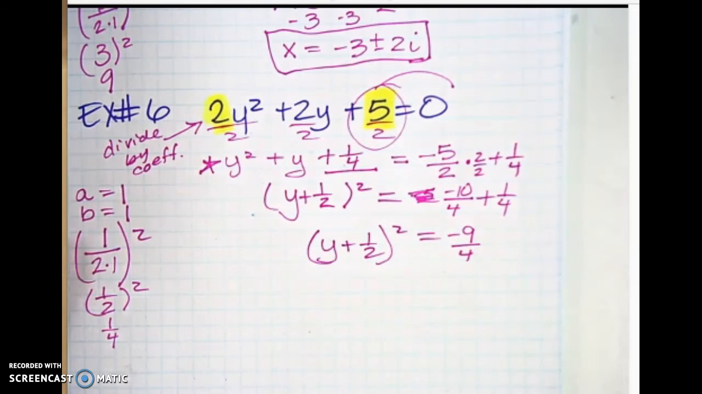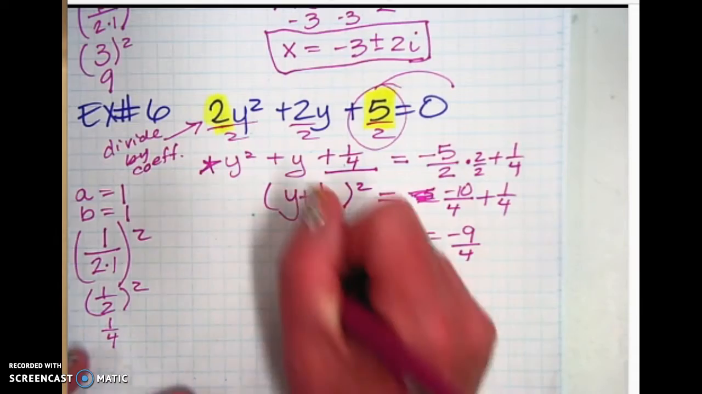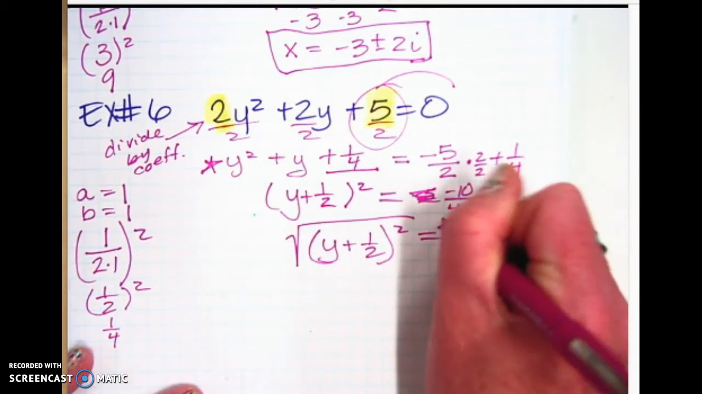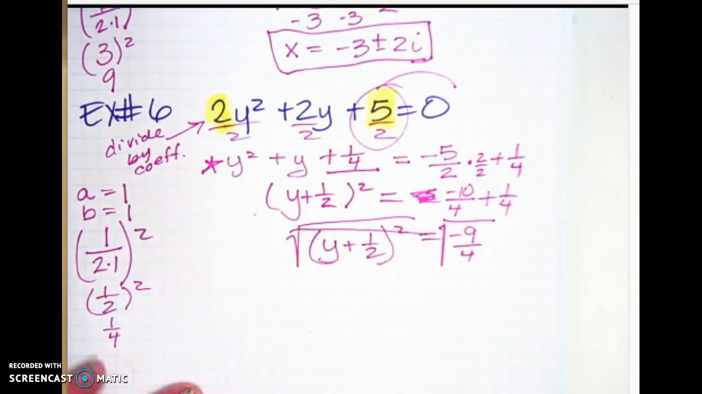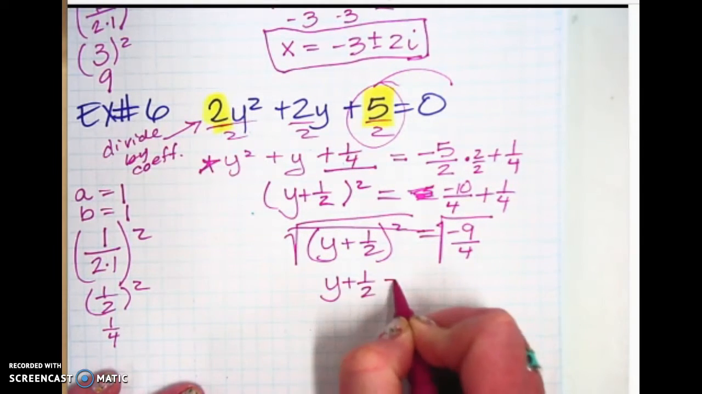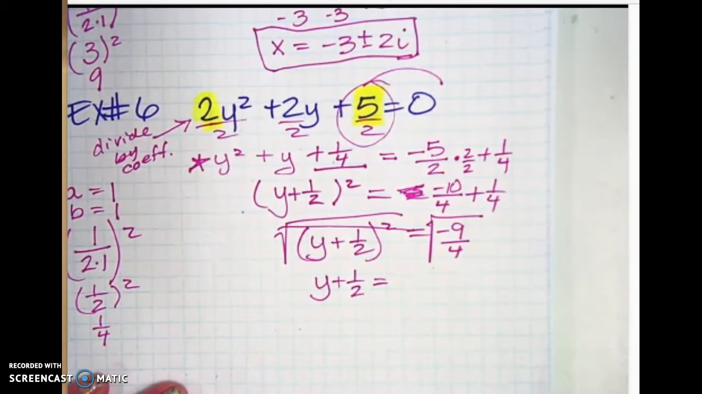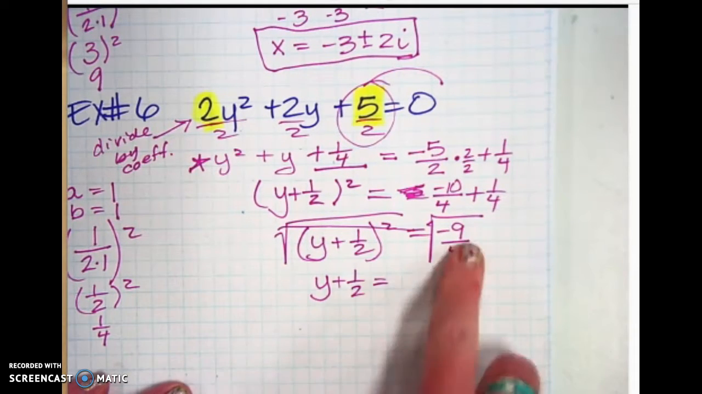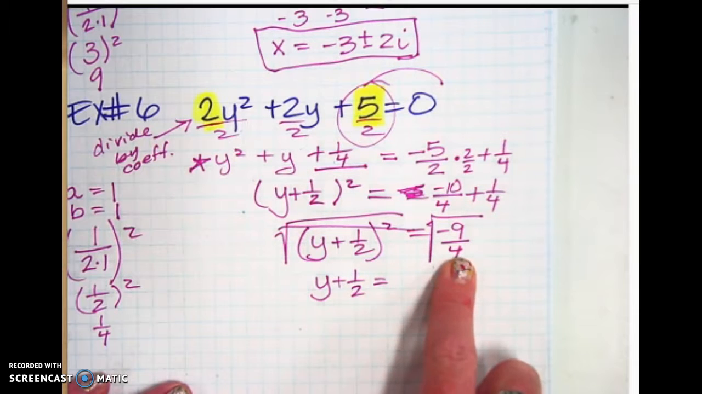It adds one extra step here, okay? So we're going to take the square root of both sides. These are inverse operations, so they cancel each other out. And we have y plus 1/2 equals, and then the fraction looks messy on the right side, but when you look at it closely, 9 is a perfect square and 4 is a perfect